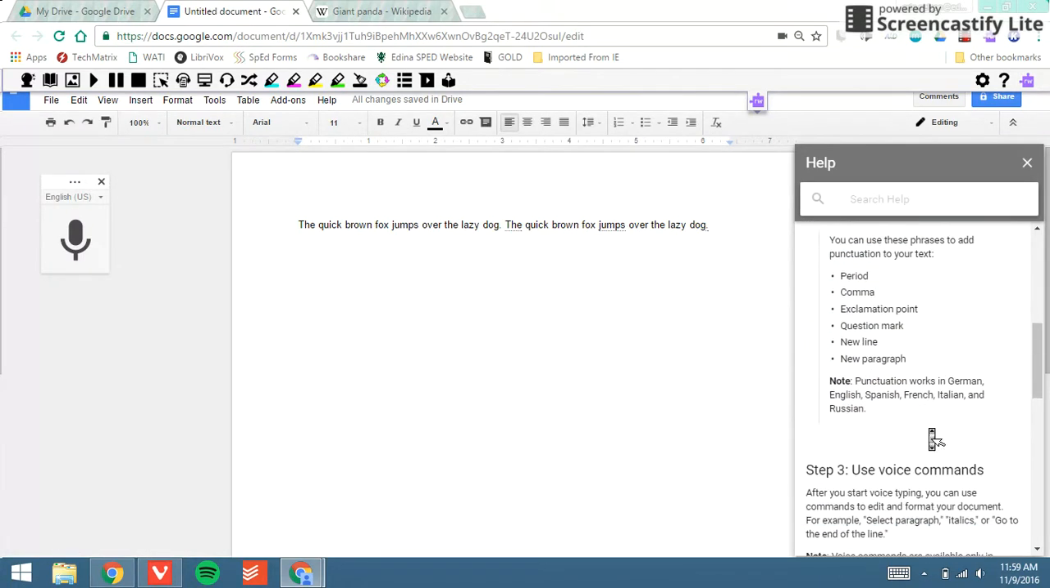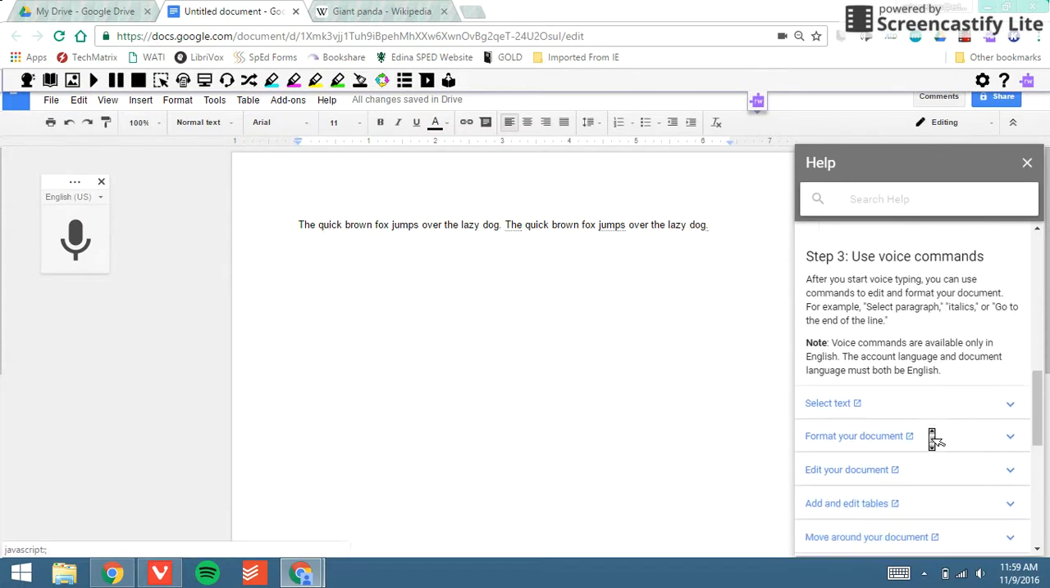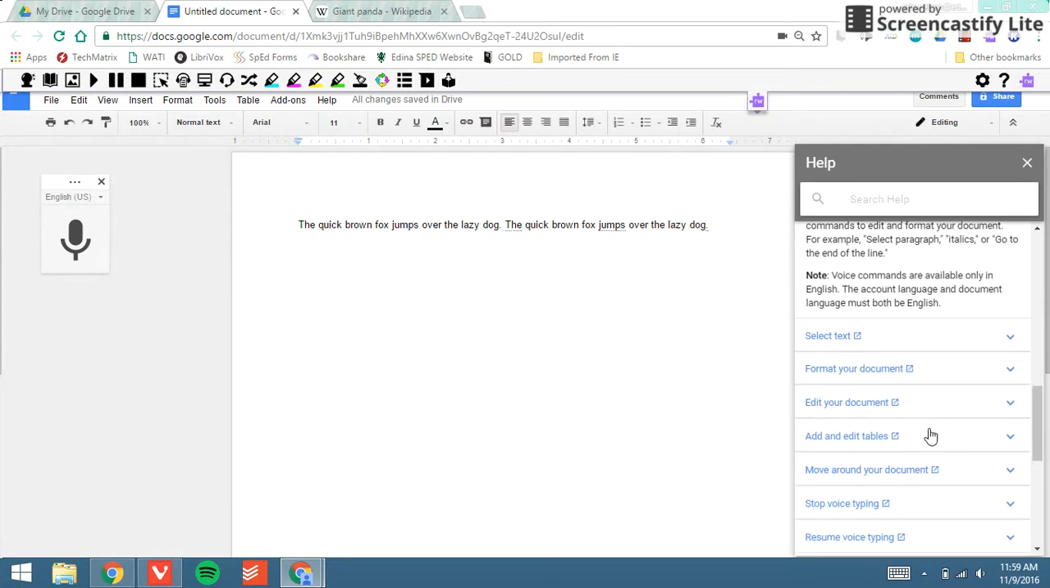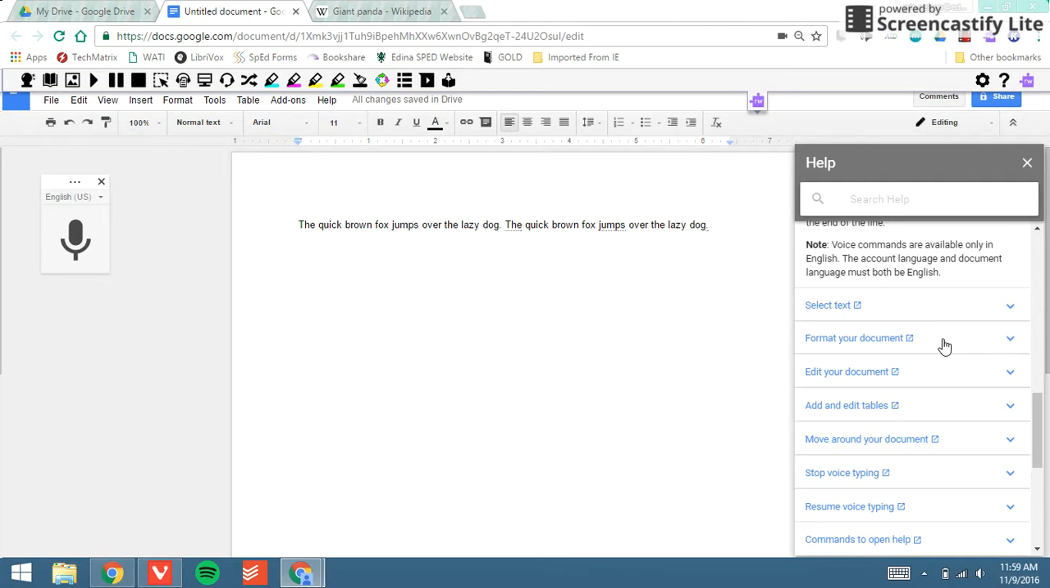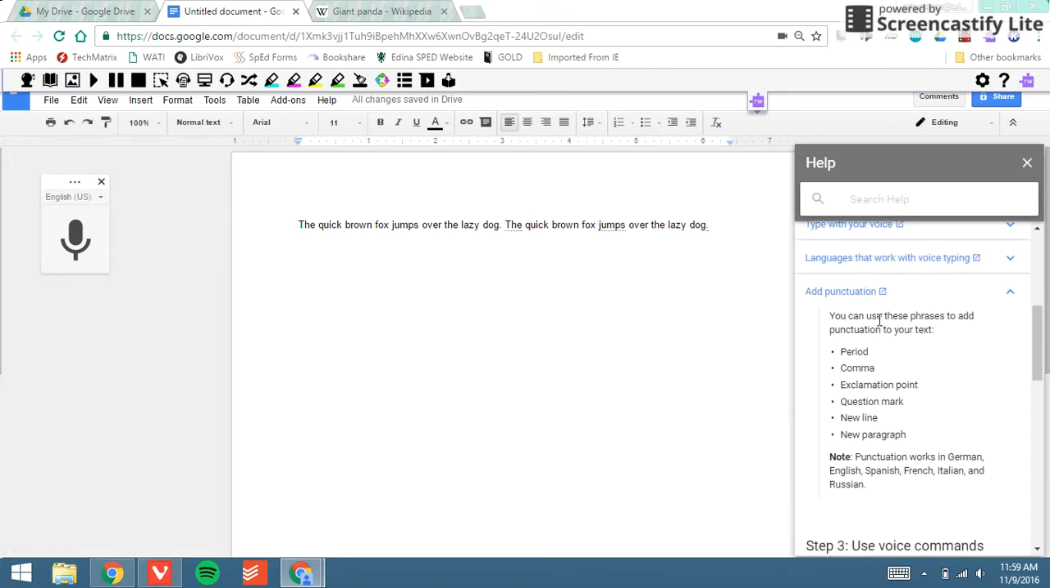So it shows me how to add punctuation, and then it gives me all kinds of different voice commands that I can use for selecting text, formatting the document, adding tables. You can do lots and lots with this feature. Of course, this is more advanced. We're going to start with students just using these more common tools, but it's really nice to have all this